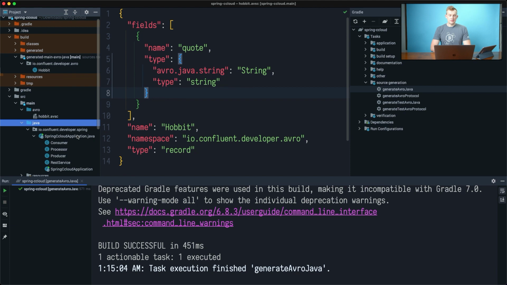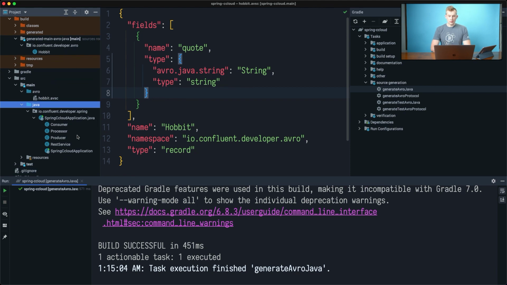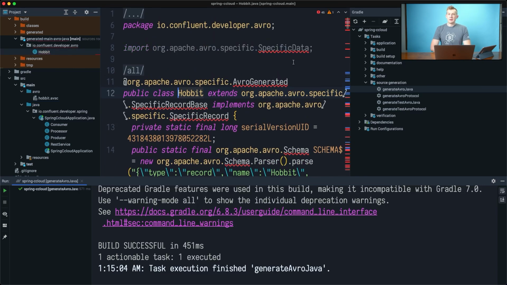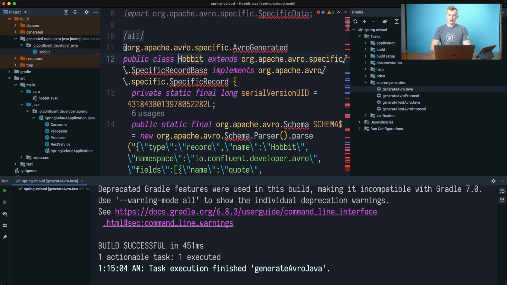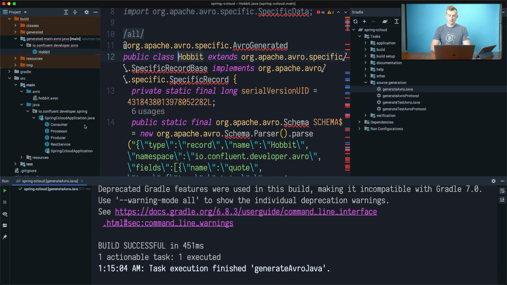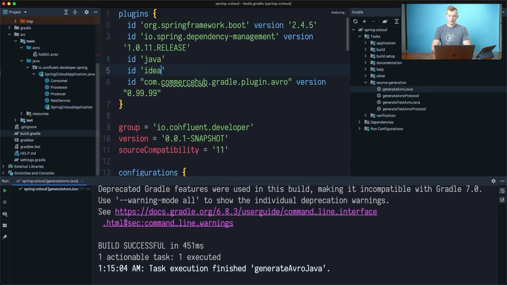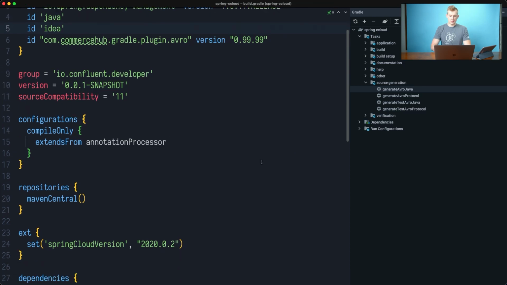Now let's modify our application code as well in order to support this. Also, there are a couple of dependencies that we're missing here. So first of all, we see that some code was generated, but some of the things are missing. This is because we don't have our Avro dependencies. We will fix that in a second.